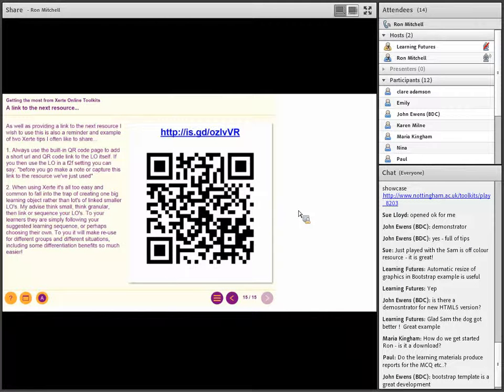And it's also a key point that people often fall into the trap of getting hands on Xerte and trying to create one big learning object. What I would say is, with the ability to add a QR code page like this, or simply to hyperlink from one learning object to another, it's in your interest, and in my experience, to keep them small, keep them granular, and just link between them. Your learner won't know any different. They're just following the learning sequence that you've designed and provided.